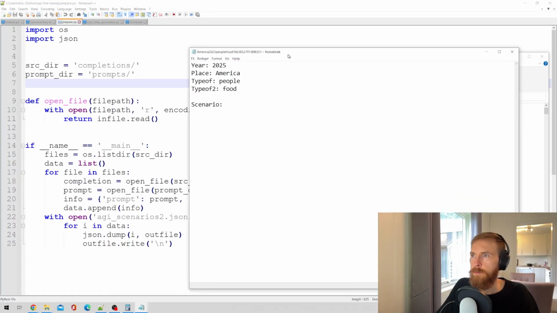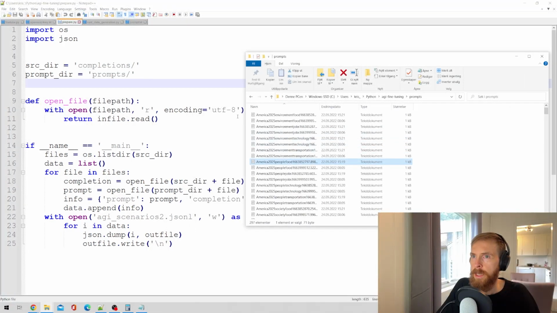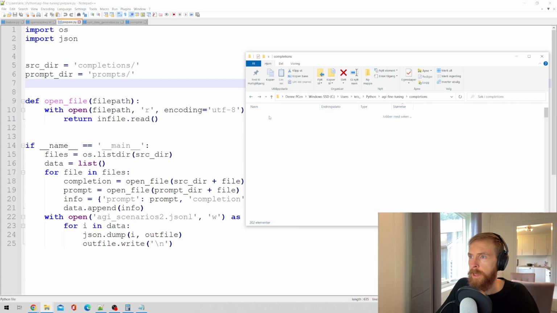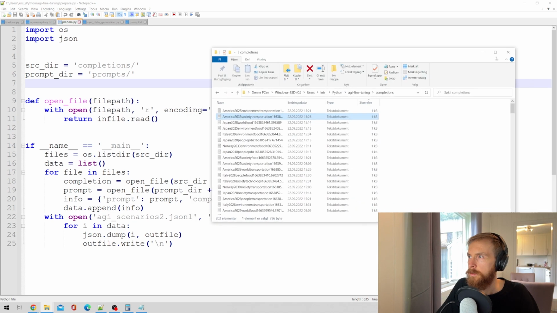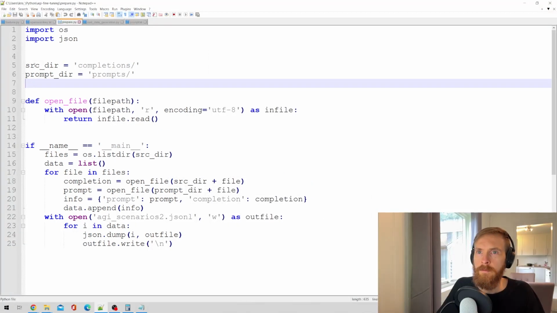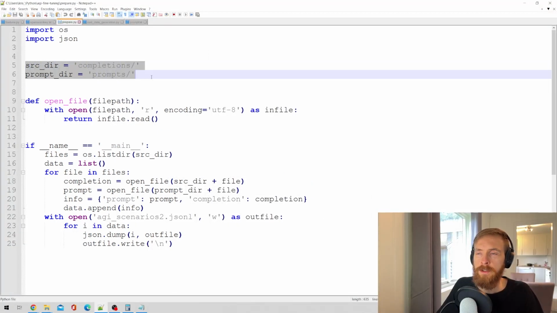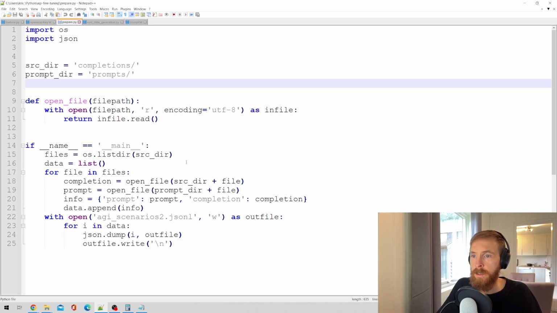So this is one type of prompt. We have the year, we have the place, we have the people, we have the food. And this is gonna line up with the completion. So you can see this script searches 2 directories and picks up the completion, picks up the text files and matches